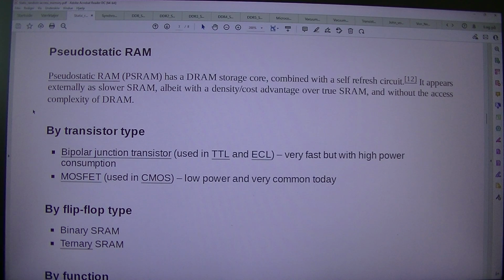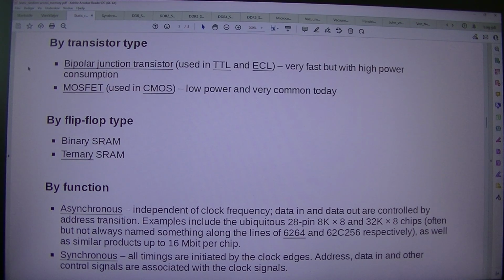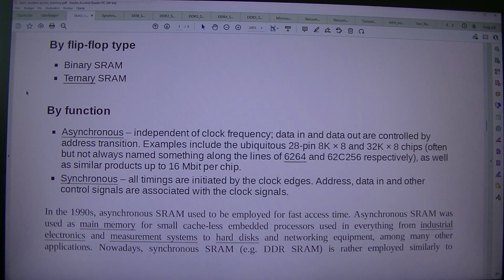Bipolar junction transistor, used in TTL and ECL, very fast but with high power consumption. MOSFET, used in CMOS, low power and very common today. By flip-flop type: binary SRAM, ternary SRAM. By function: asynchronous, independent of clock frequency; data in and data out are